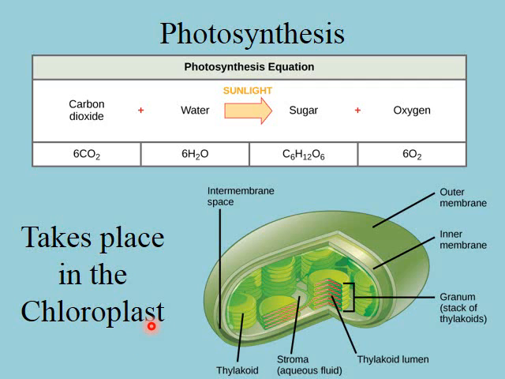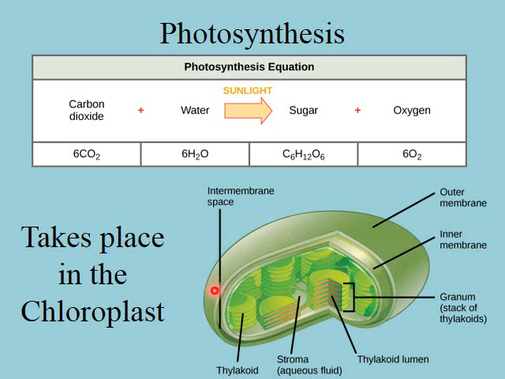The chloroplast is a membrane-bound organelle found in plant cells. It is also found in some protists and some bacteria, even though they do not have membrane-bound organelles. They do have the ability to do photosynthesis much like the chloroplast itself. But the chloroplast is an organelle of a eukaryotic cell, and so the parts of this chloroplast,